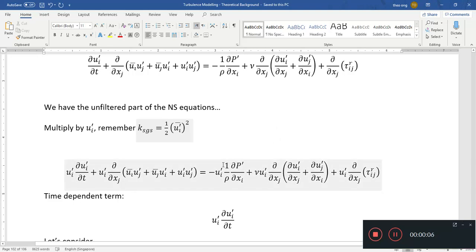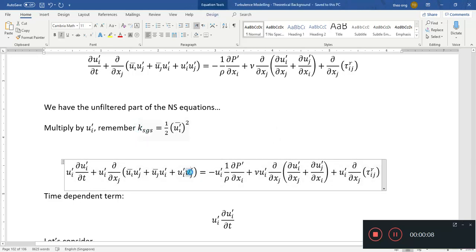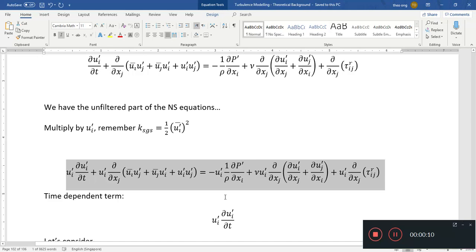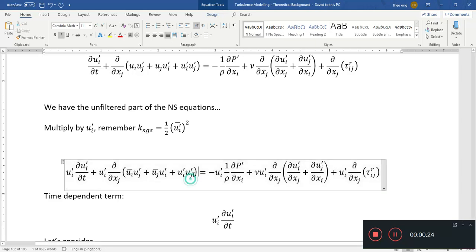So in the last video we were talking about how we arrived at this equation here and how we're going to do subgrid scale kinetic energy modeling, at least the transport equation of such. Now I'm not going to fully derive everything because it's going to be quite a mess trying to sort through all these terms and doing the filtering. But at least I want to show you where this kinetic energy comes from, and what we do is that